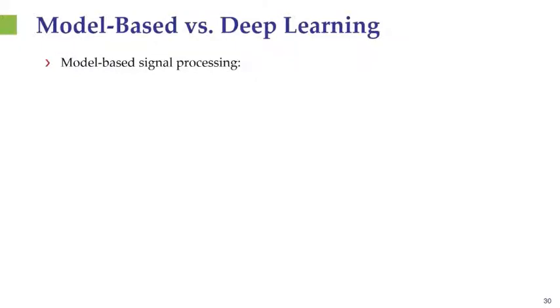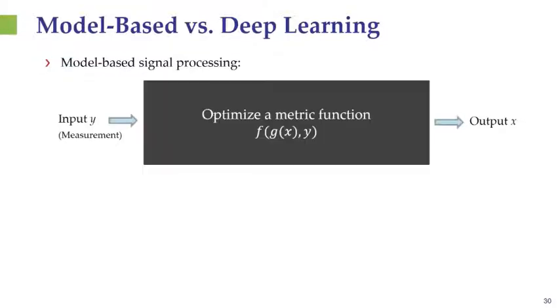In a standard model-based method, we usually have some set of measurements y, from which we want to infer some unknown x. So in the communication context, y was our received signal and x were the symbols we want to infer. We typically also have a model that relates y and x, and we use that to design an algorithm that determines x by optimizing some metric, which relies on this measurement and the known relationship. So here in this example, the relationship is y equals approximately g of x, and f is a metric that we're going to want to optimize.